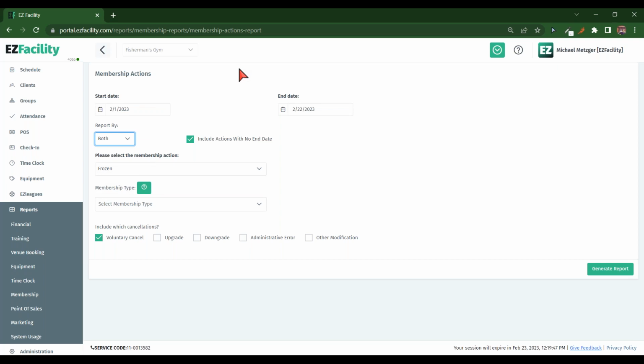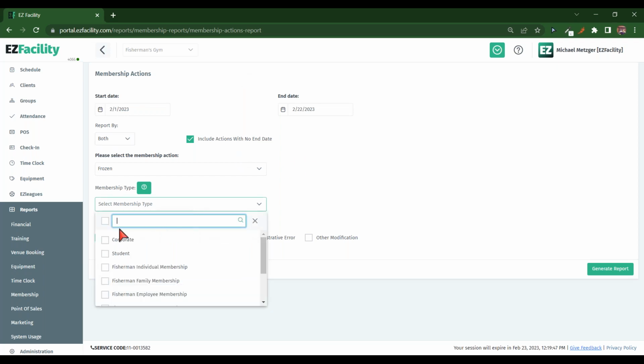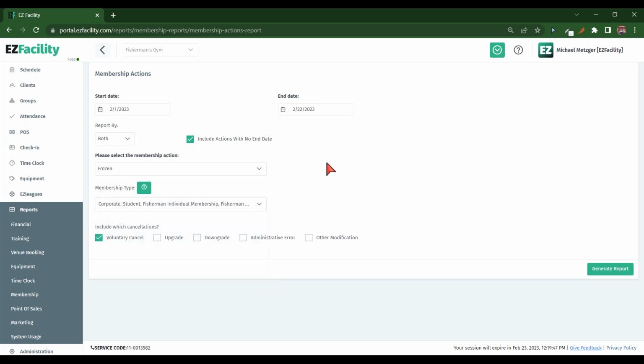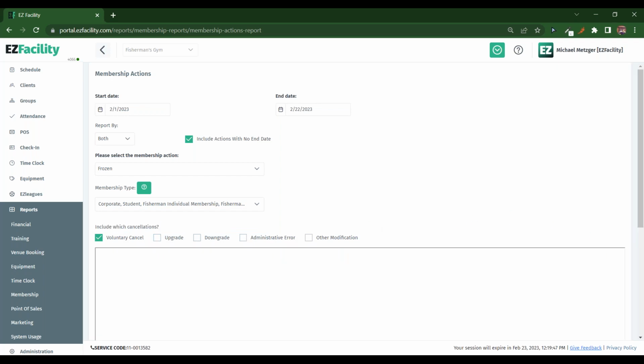I'll maybe say both is probably best because you want to see obviously what the start date was entered for the freeze or the suspension or the cancellation date, and the end. Maybe you want to see those together. And you can also specify a membership type, right? So I'll actually just go here and specify all of them. And if it's for a cancellation, you could then choose what the reason was, right? For now, though, I would run this here,